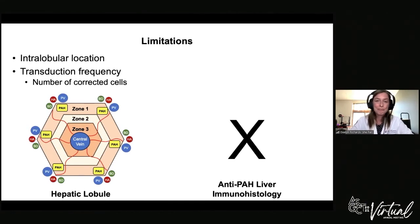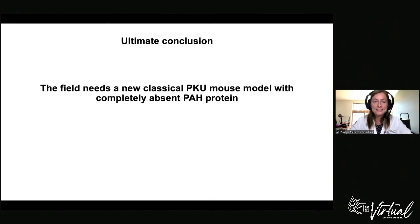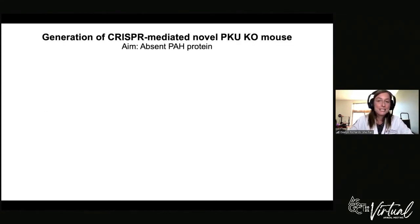So my ultimate conclusion, aside from gene editing being a permanent approach to neonatal gene therapy for PKU, as opposed to gene addition, which has been discussed today, is the fact that the field needs a new model of classical PKU that has completely absent PAH protein. So that stemmed into my other project as a graduate student, which was the CRISPR-Cas9 mediated generation of a novel